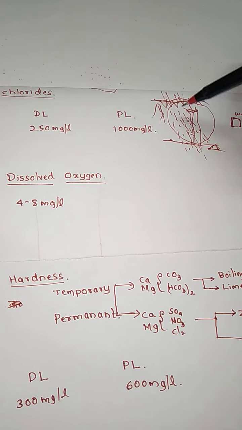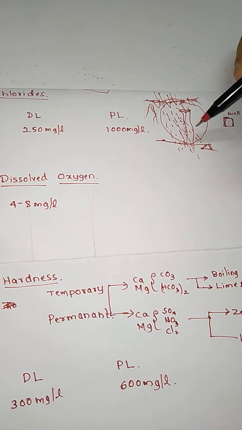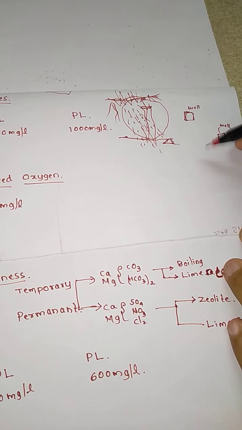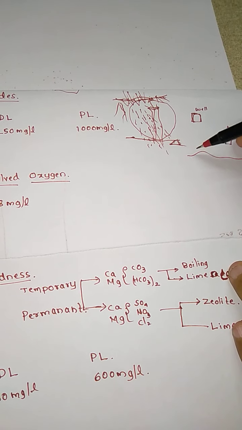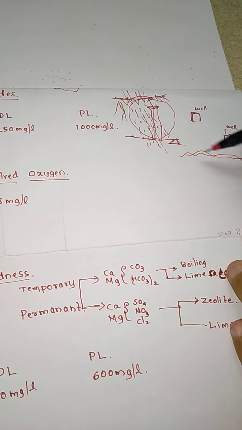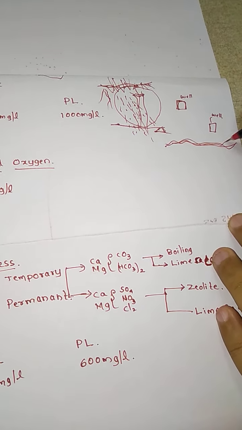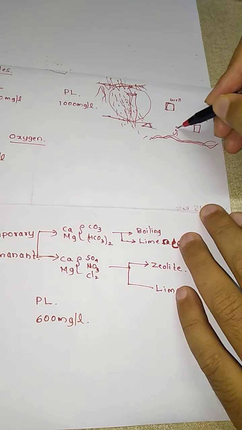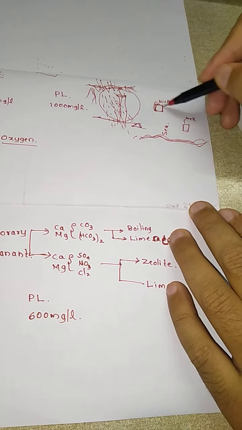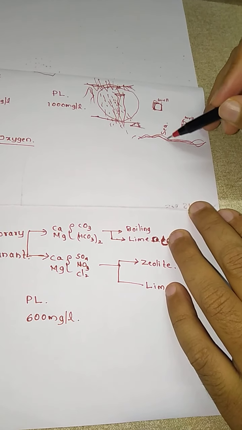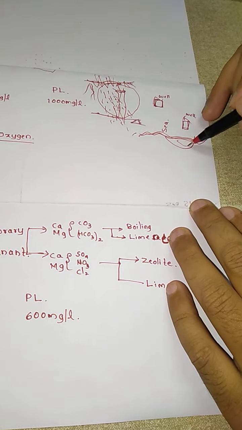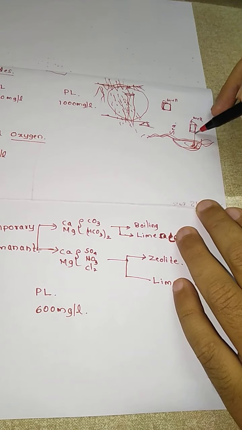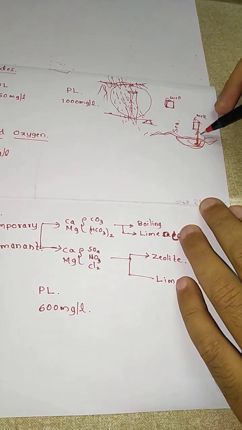Okay, so this is how the chloride content is going to come into water. Now for example, we are going to see one more condition. In the case of coastal areas, we are going to have a sea, and suppose here we are going to have a well. Now from this particular sea, the sea water is going to percolate into these wells.